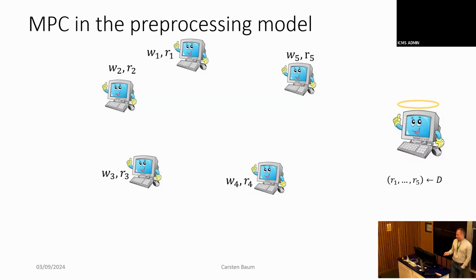You can, for example, also give parties some values that are correlated but not identical. And we're going to use that later to build zero knowledge proofs. Like this party over here on the right side, this is trusted, right? This is going to sample something from this distribution, giving everybody some part of it. But R5 and R4 might be correlated in some way, but might not be the same. If they are the same, you have something like a common random string. But yes, good question.